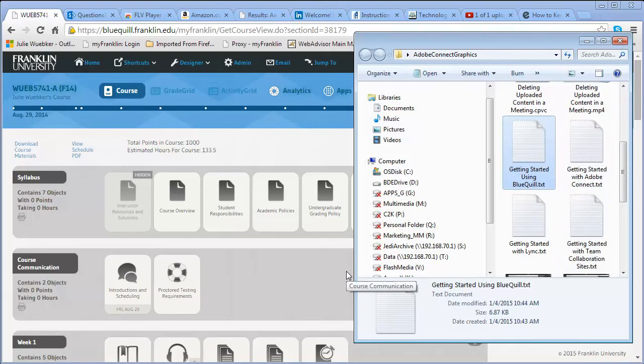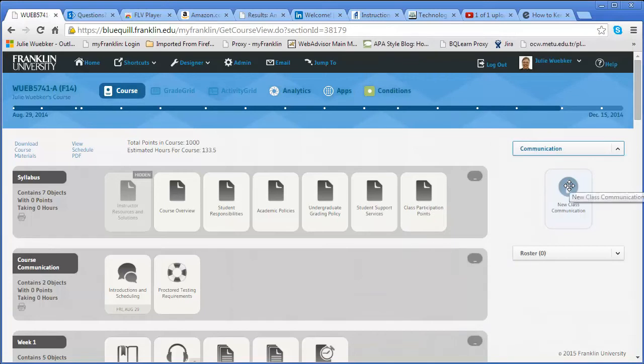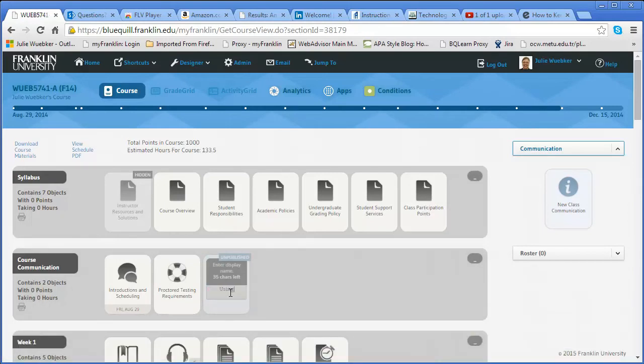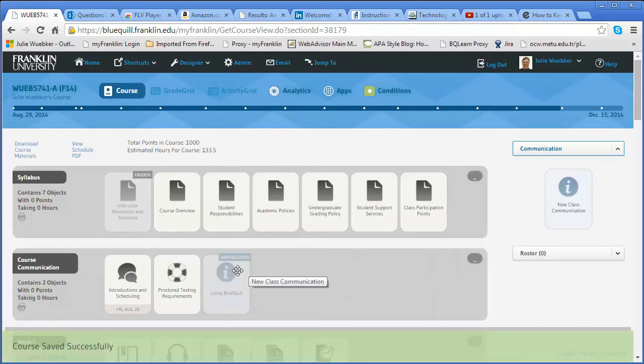Once you have them downloaded and on your desktop, the next thing you'll do is create a class communication. And you should actually already know how to do that. So we're going to drag one in and create it, and I'm going to call this using Blue Quill. Once I've named it, I'm going to open it,